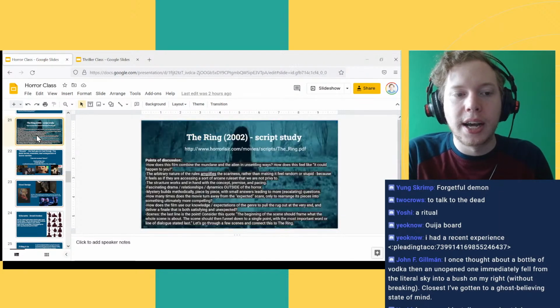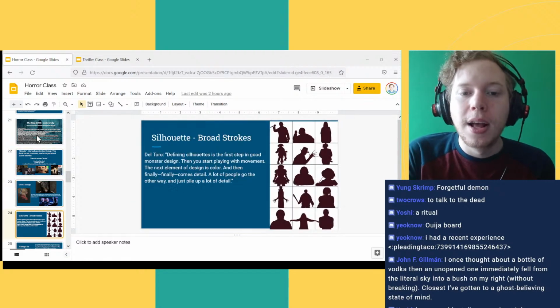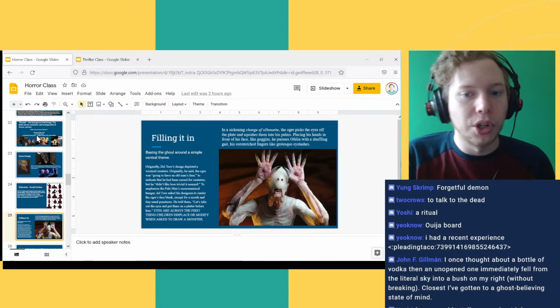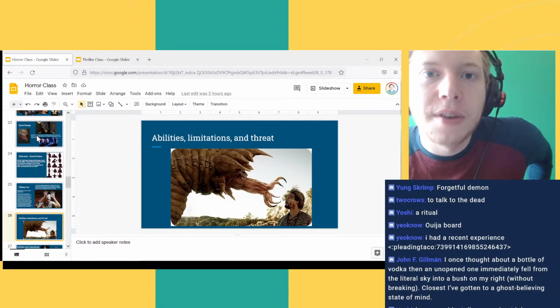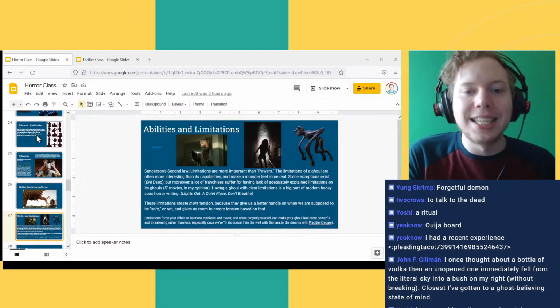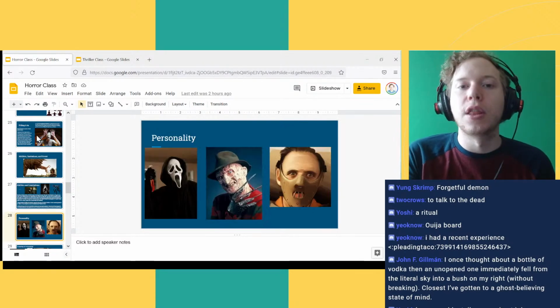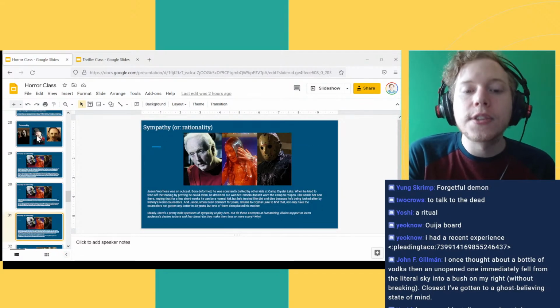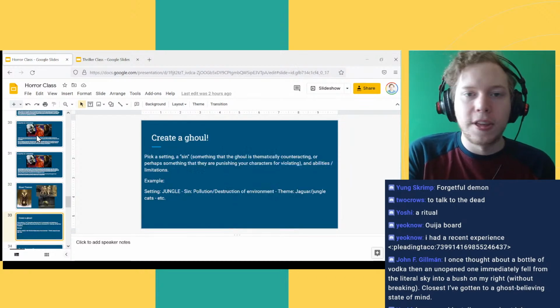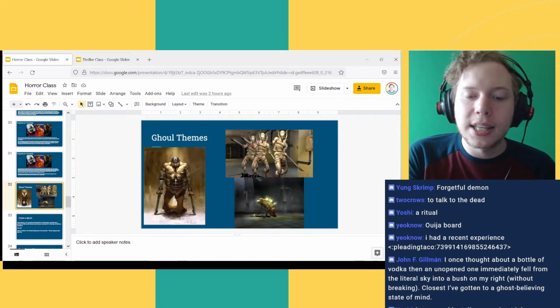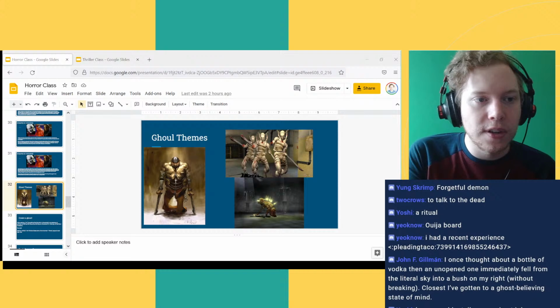The different sources of where monsters can come from, how to actually create the visual look of this monster and fill it in, starting with just the silhouette, and then adding details, picking abilities and limitations and threat, personality and domains, and themes, things like that. So we will get to these things in the upcoming classes, but for the purposes of this one, I think we said we would have a time where the